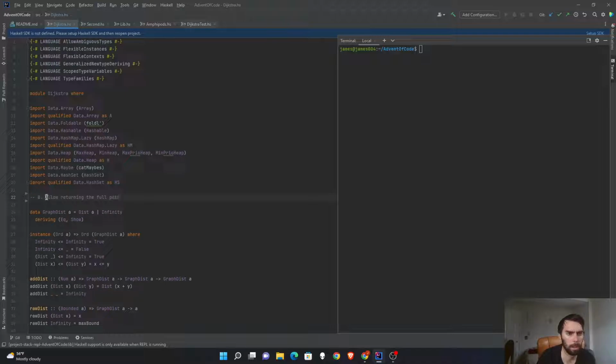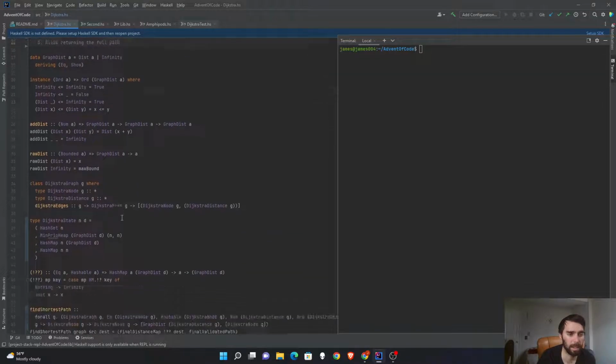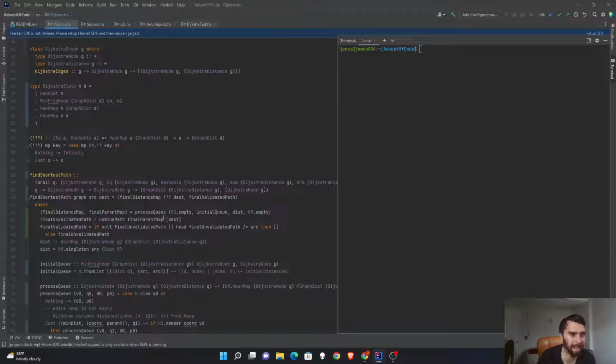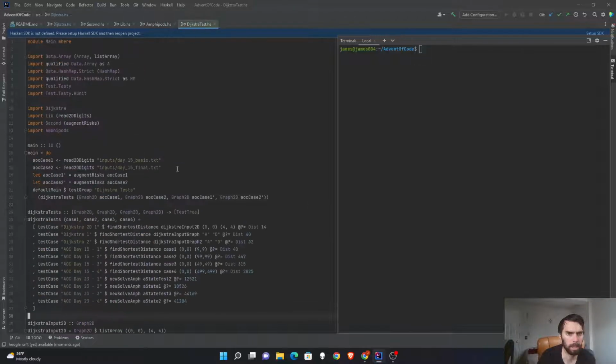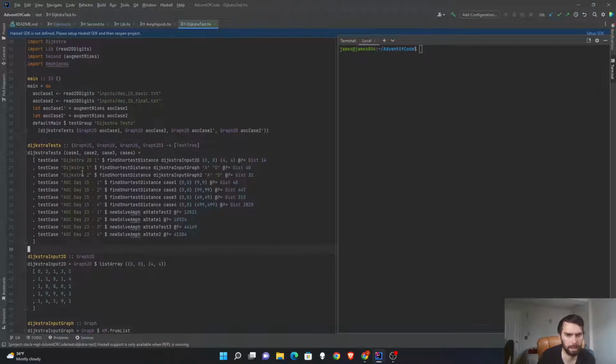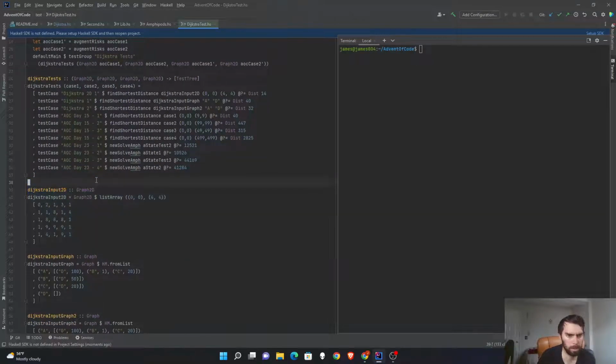So what were we doing? We were looking at returning the complete path in this Dijkstra's algorithm code. There are a few different tests we want to run with that. We can probably rely mostly on our smaller tests. Again, I'll probably be able to take the smallest case from